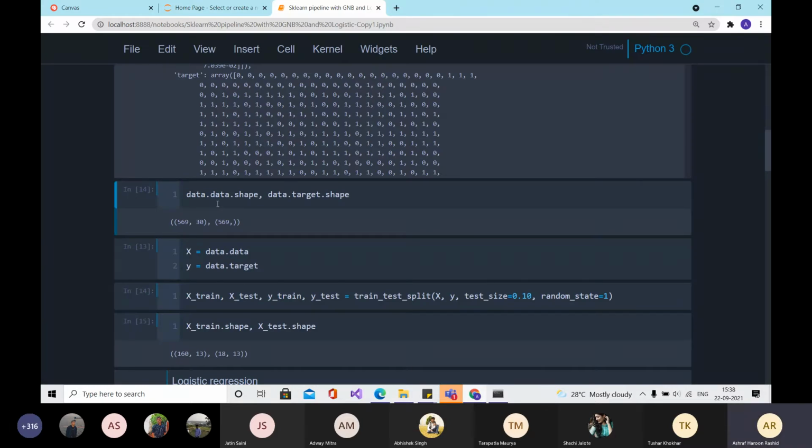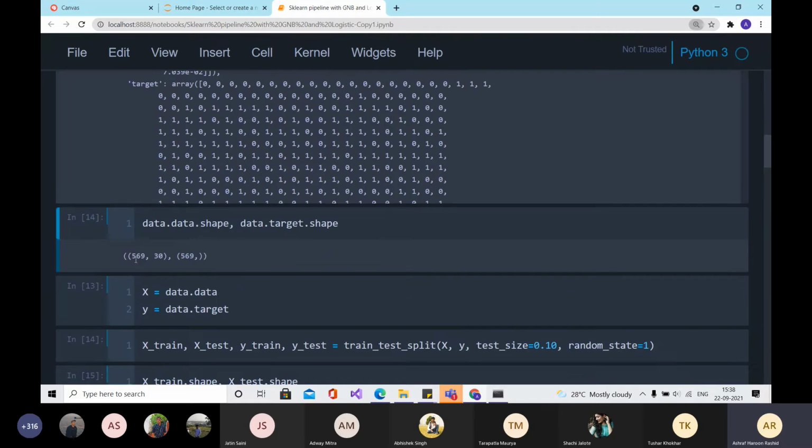So in this breast cancer dataset, if you look at the shape of the data, you will find that you have 569 samples and 30 features.